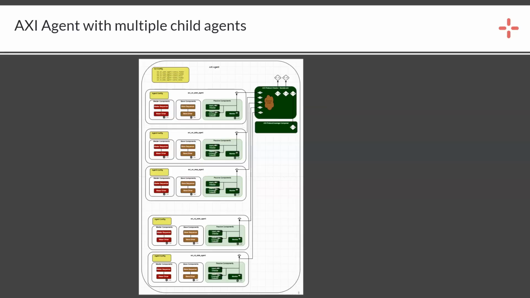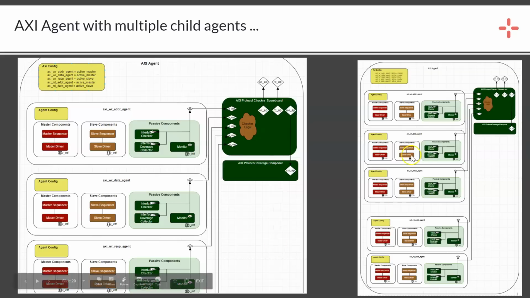Now, if you got confused, leave everything. Just understand that if you want to write a complete AXI agent, it will contain 5 different AXI sub agents, which we have already explained: AXI write address, write data, write response, and read address and data agents. There could also be some additional components in this agent, such as a protocol checker and a coverage collector. A zoomed version of this will look like this.